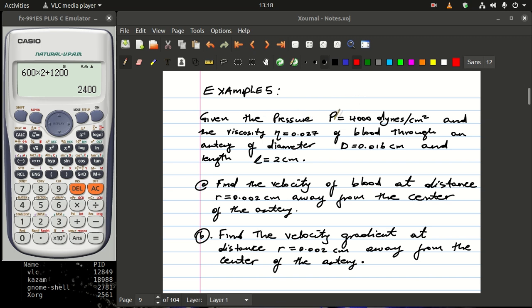Given the pressure P is equal to 4000 dynes per centimeter squared, and the viscosity eta is equal to 0.028 of blood through an artery of diameter D is equal to 0.016 centimeters, and length L is equal to 2 centimeters. Find the velocity of blood at a distance. So basically here, this is the only information that is given, and now we want to find out how can we actually solve this. Let me first